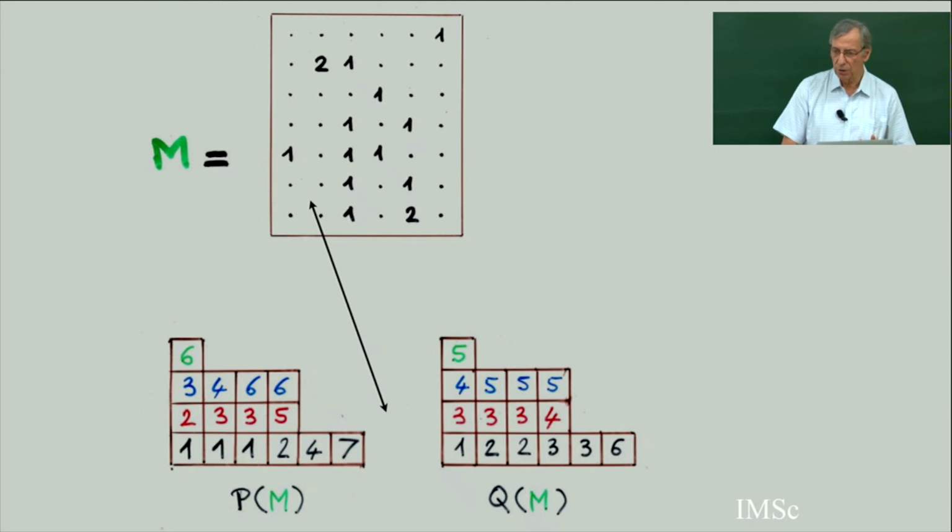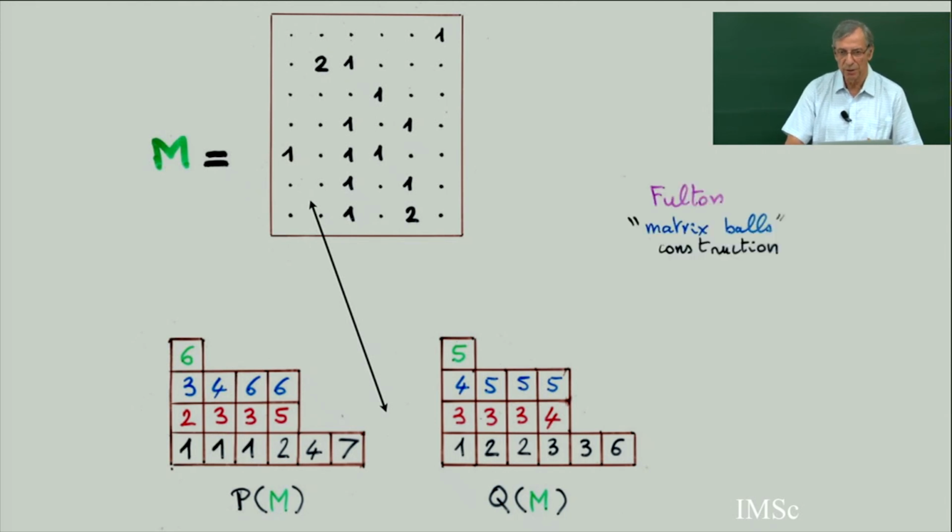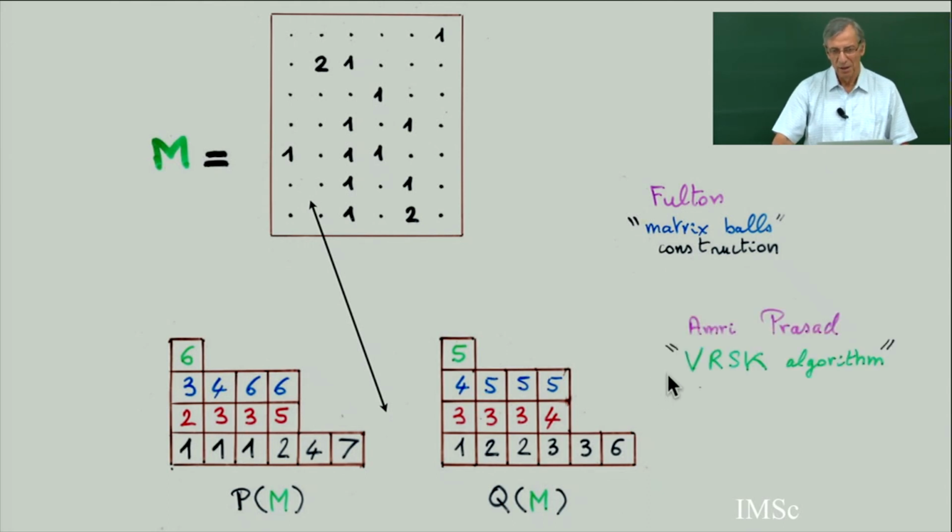So there are other constructions in the literature. There is a Fulton matrix-ball construction, which is equivalent to this. It's also the same idea, to split the points into different points to get back to the permutation and make the colored lines, the shadow of the permutation. Also, there is another idea by Fulton in his book on representation theory, about what is called the RSK algorithm. It's also analogous: you take the shadow of the permutation, which would be a line.